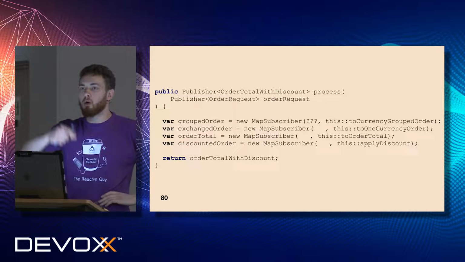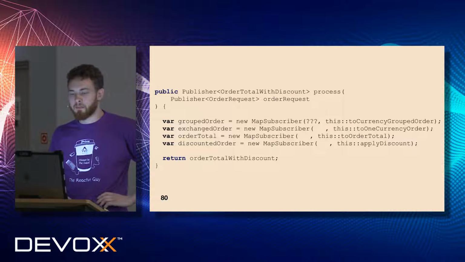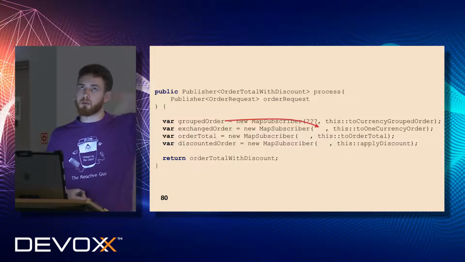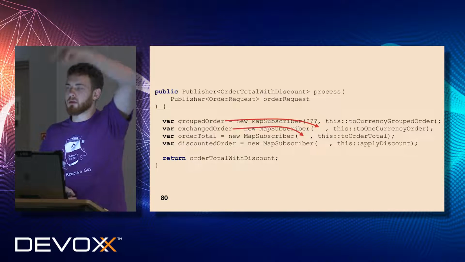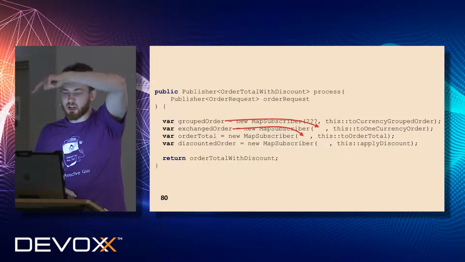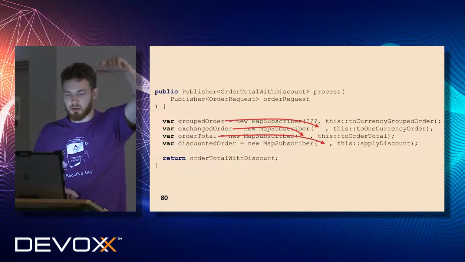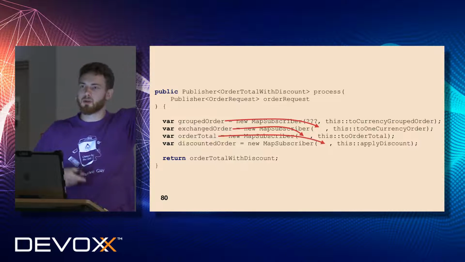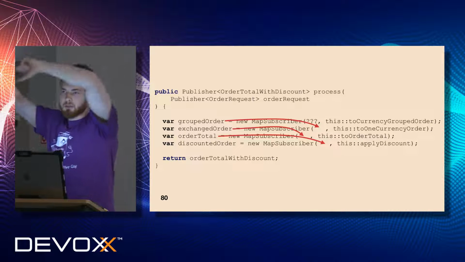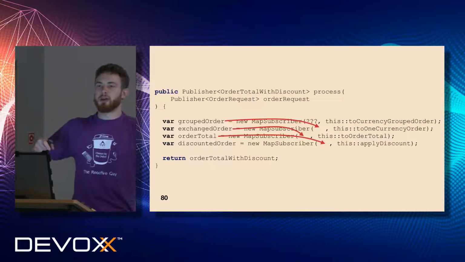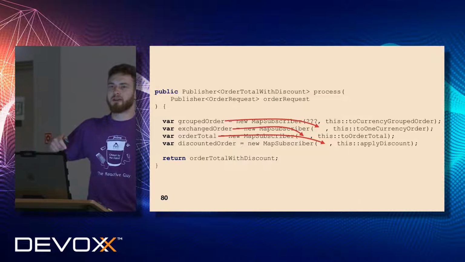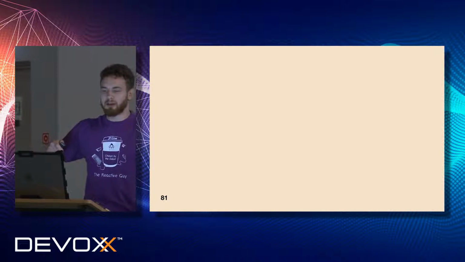But now the question is how we have to chain all of them. So one of the options, the obvious option, is that we start looking from up to down. So we will try to put grouped order to exchanged order, and exchanged order to order total, and so forth and so on. So we will try to pass upper objects to lower objects. Yeah? Does it make sense? Yeah? No, it doesn't. Because in fact,